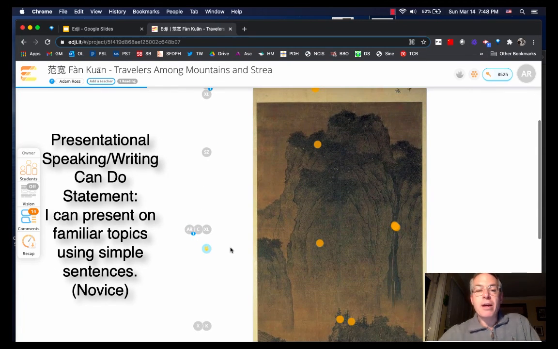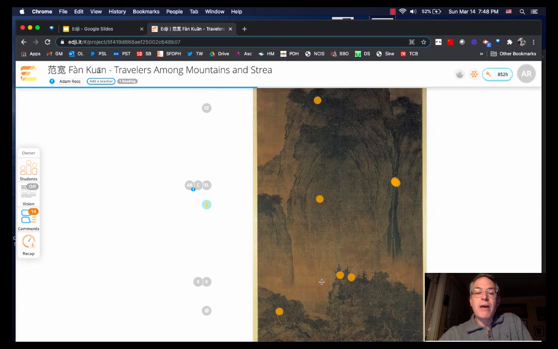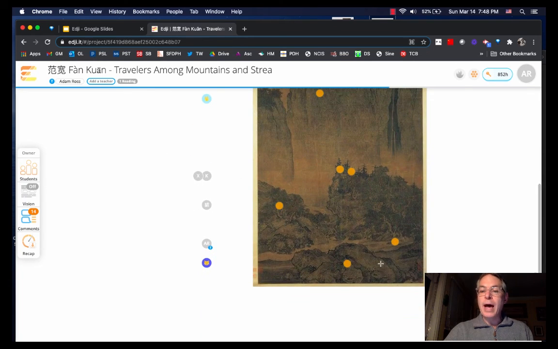And I, again, worked with my Chinese teachers, and they found all sorts of things. For example, that on top of the lower mountain, there's all sorts of pine trees. A number of people, including myself, pointed out that there's a small waterfall. People pointed out that there are small people in the bottom of the painting, that there are large rocks, all sorts of things. This is obviously a more novice level task where we're asking students to present on familiar topics